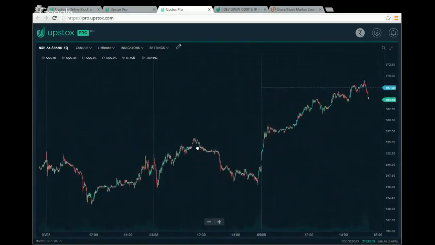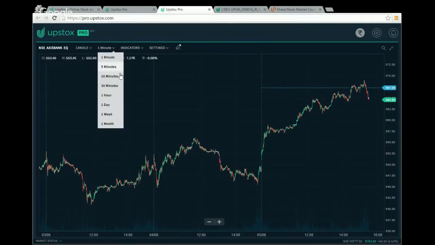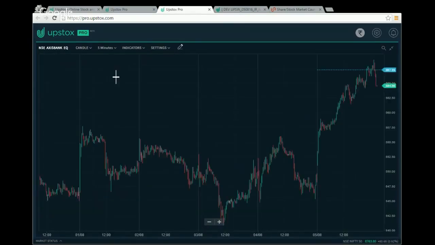The other thing is that we have added something called as a day break. So if you can see this particular section, I'll just select a 5-minute interval over here. So this is the day break line. So this gives you a very good view of the trading session. So this is my one trading session. This is second trading session. So how the trend has fared, this is what you'll be able to see based on the